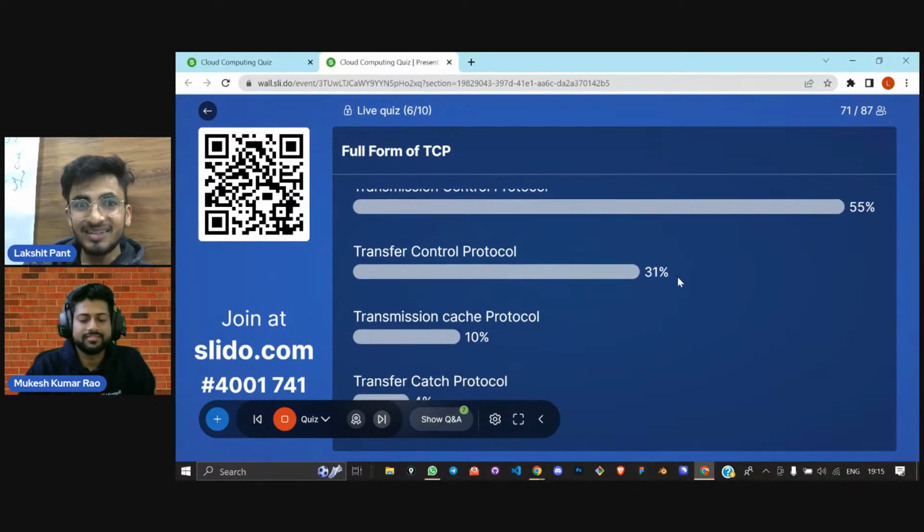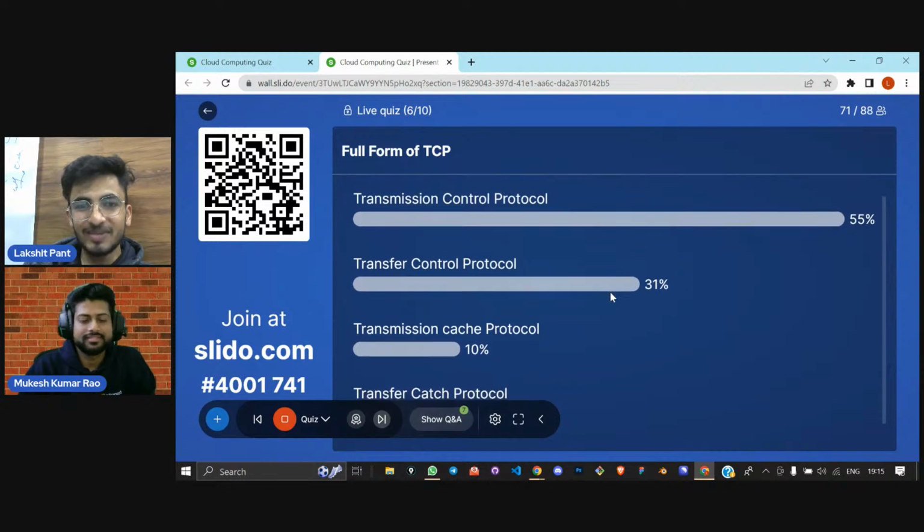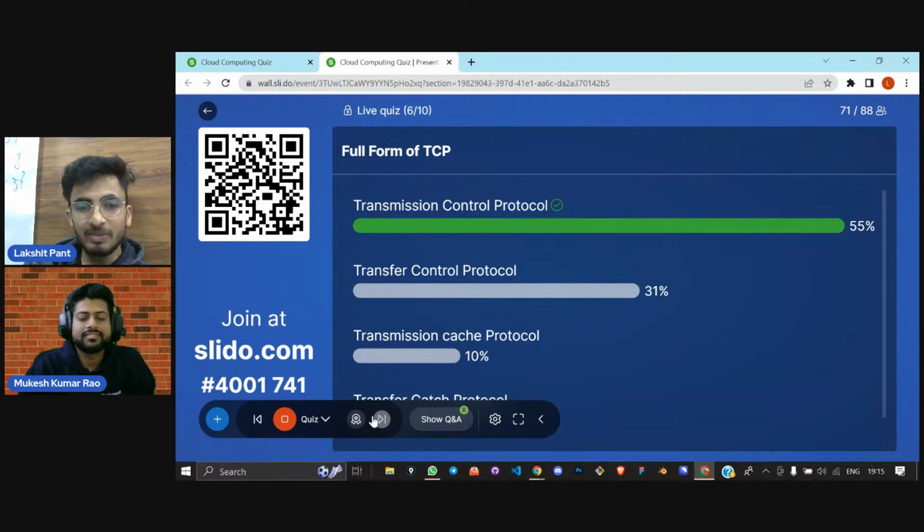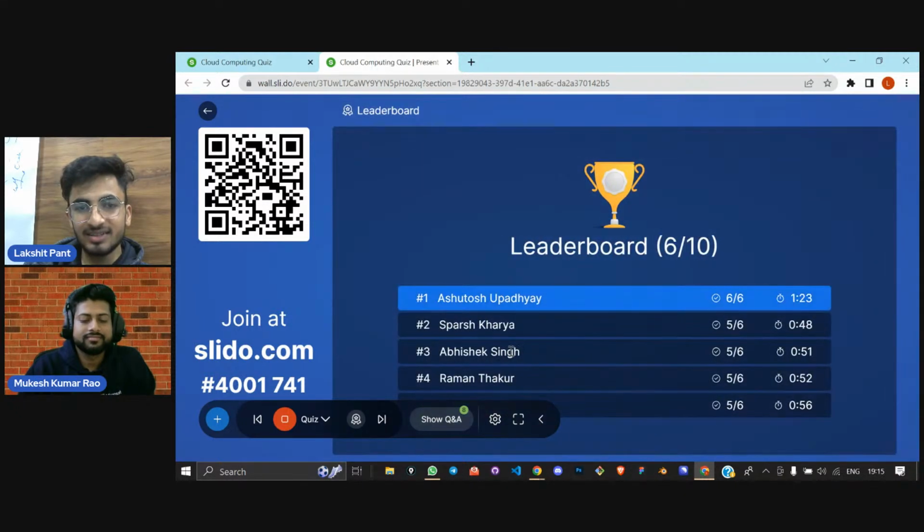Transmission Control Protocol, 55% got it right, and the rest were mixed answers. Ashutosh Upadhyay is at the top. He is the only one who answered this question right, the only one who knew the full form of TCP.